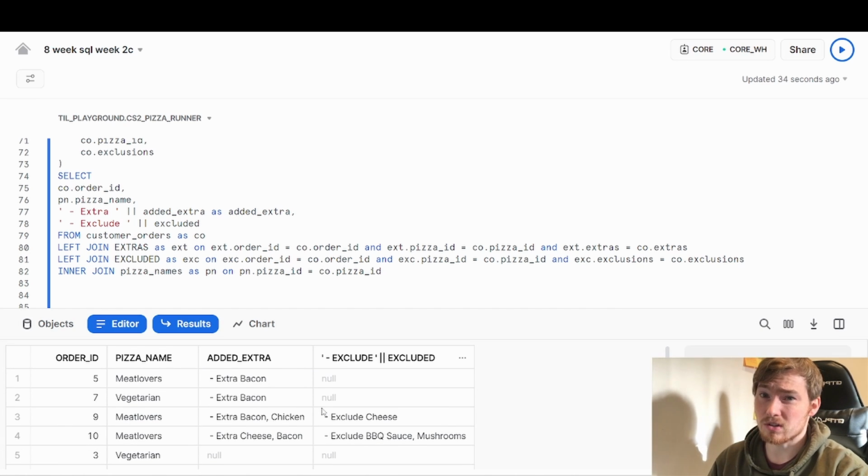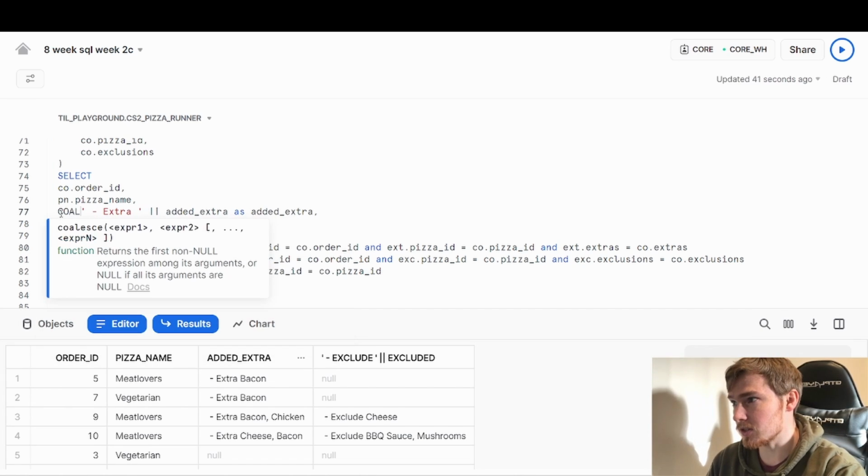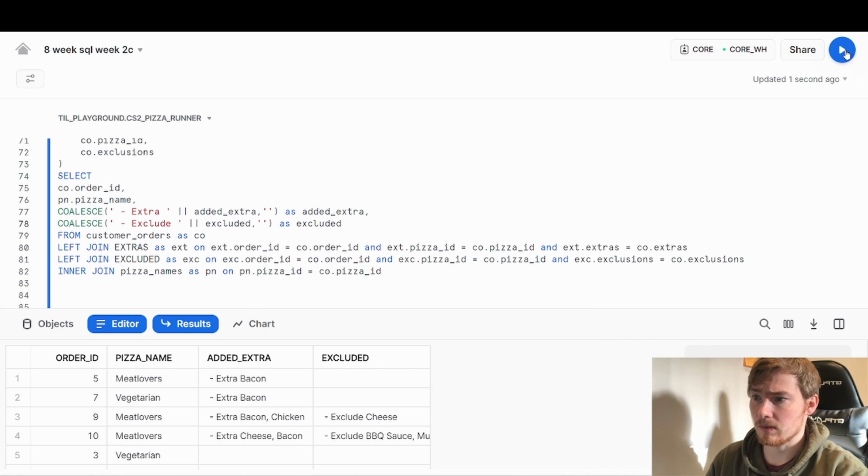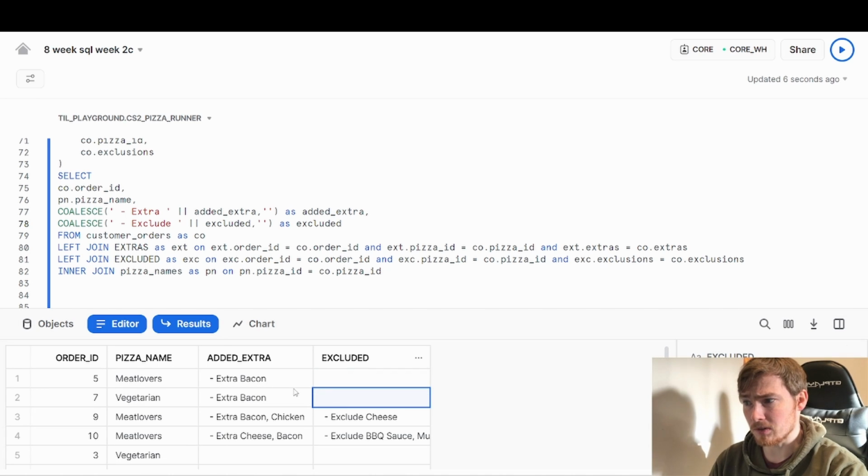So I can use a function called coalesce, which will change this from null to nothing. Okay, so I can assign a value to nulls. So coalesce this thing to nothing. Okay, so if I run that, you can see that coming through here. So now those nulls are gone and I've got just blanks instead. So if I was to go and concatenate all this together,